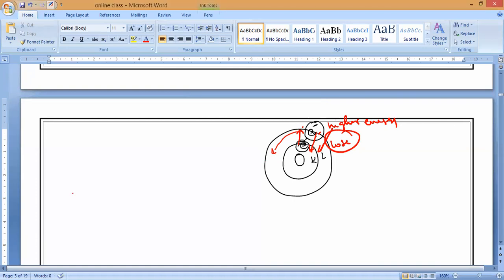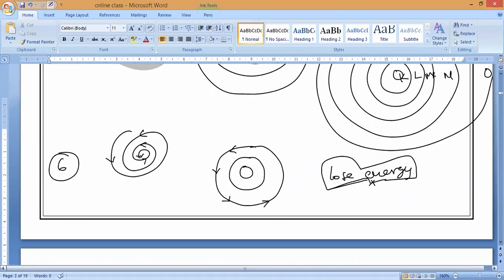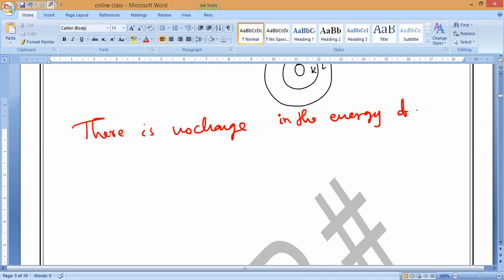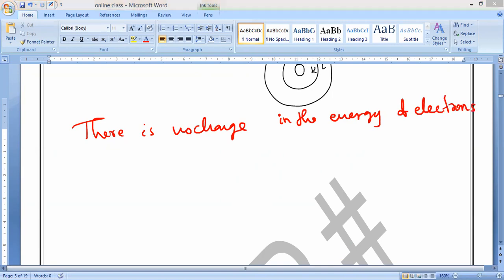Okay. So this is the sixth point of Bohr's atomic model. Please write it. There is no change in the energy of electrons. This diagram also you have to draw. There is no change in the energy of electrons as long as they keep